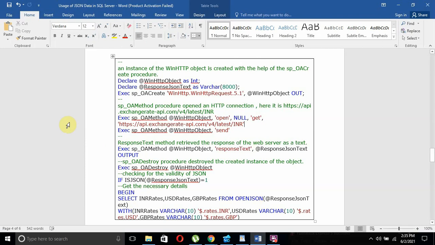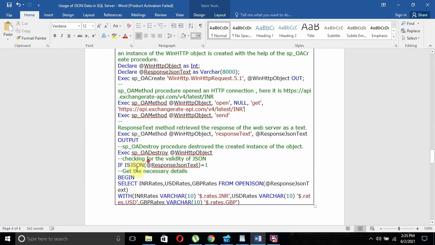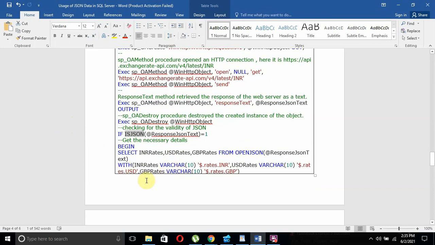In case something went wrong, it won't return proper JSON. So we have to check the output of the response JSON text first. Proper JSON can be checked by means of the ISJSON method, and if it is valid, we can get the rates.